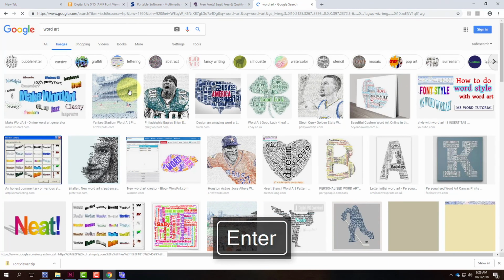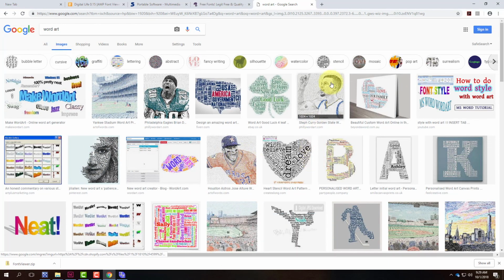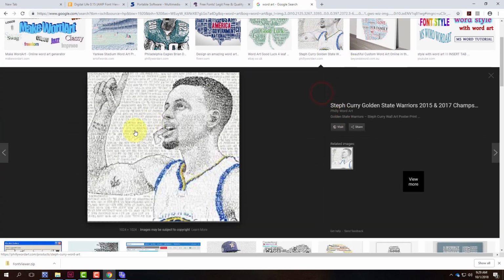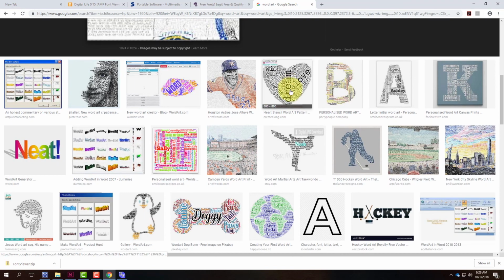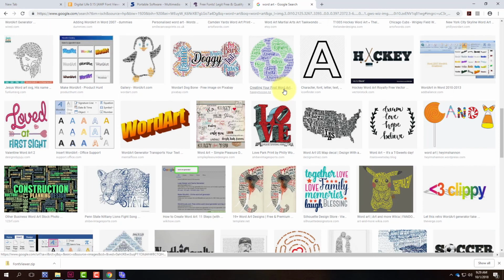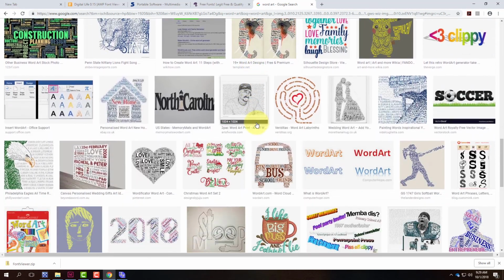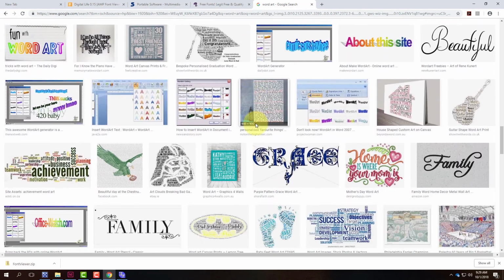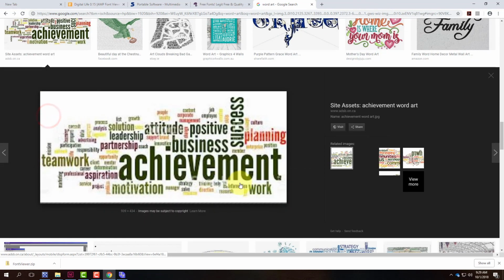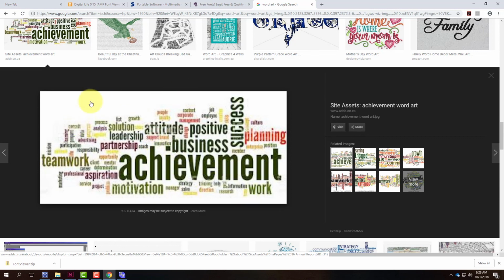It does not have to be one where we have to do the Steph Curry example. You can very easily just pick a basic shape or even not a shape at all. If you just work through your text, it could be something like this one, where it doesn't make any particular shape. The idea here is that you're working with multiple fonts, multiple sizes, multiple styles,